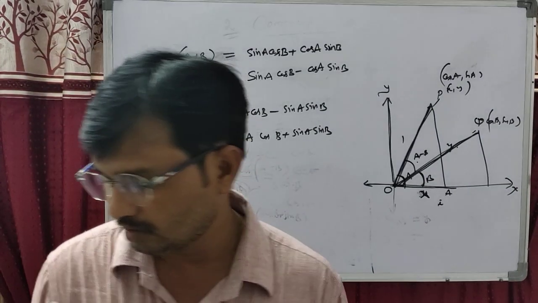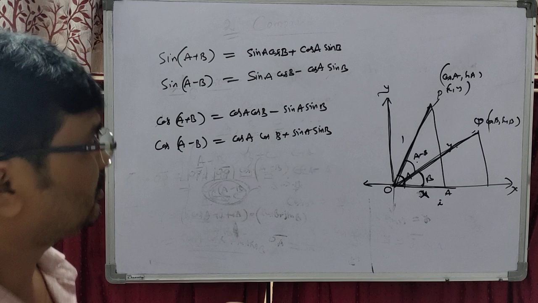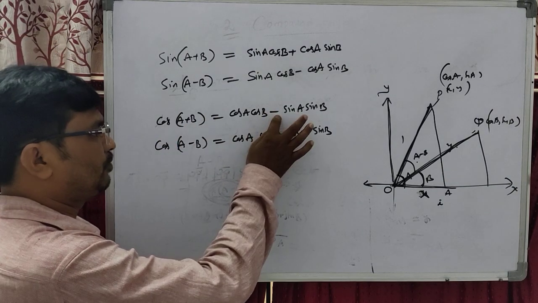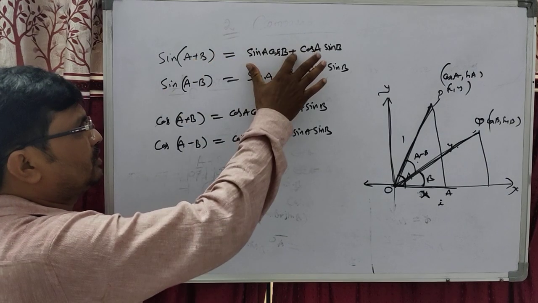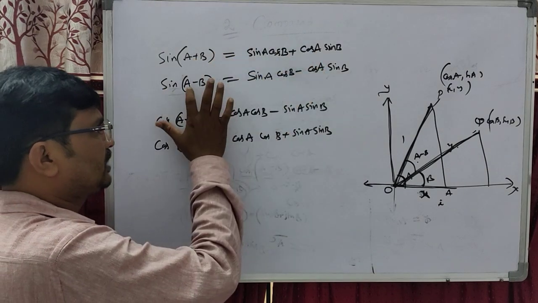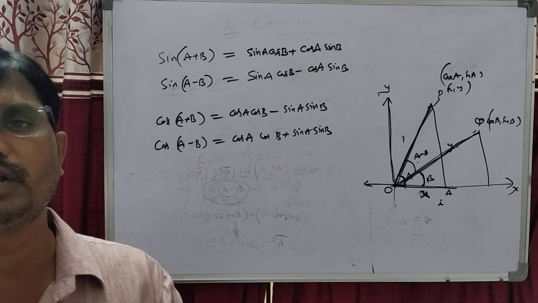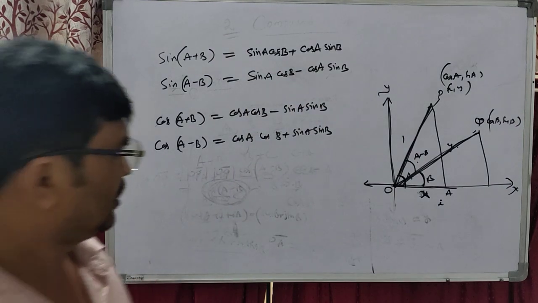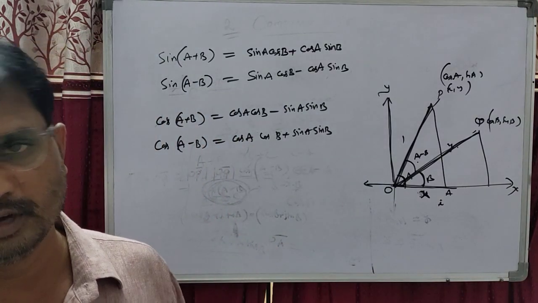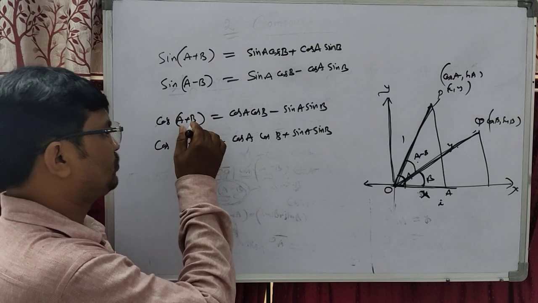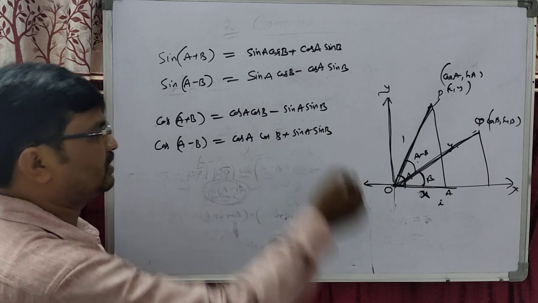Dear students, once again, think about the comparison. When it is A plus B, we got minus; when it is A minus B, we got plus. But for sine, the sign is the same: sin A cos B plus cos A sin B, and sin of A minus B is sin A cos B minus cos A sin B. This is the simple observation, students. Not only that, for any formula you can identify the technique. For cos of A plus B, both are cos, both are sin, with minus between. Cos of A minus B is cos A cos B plus sin A sin B.